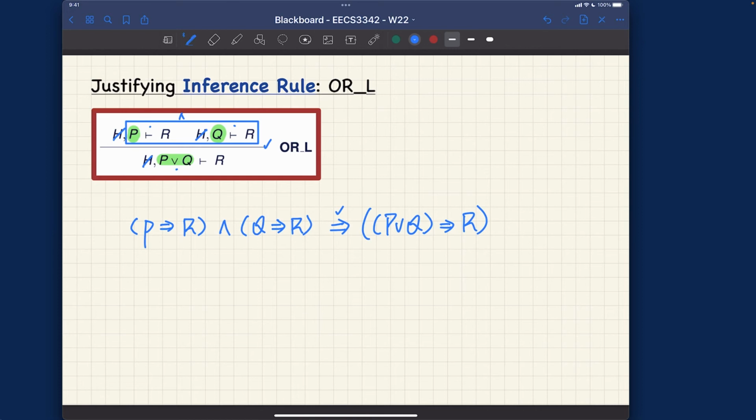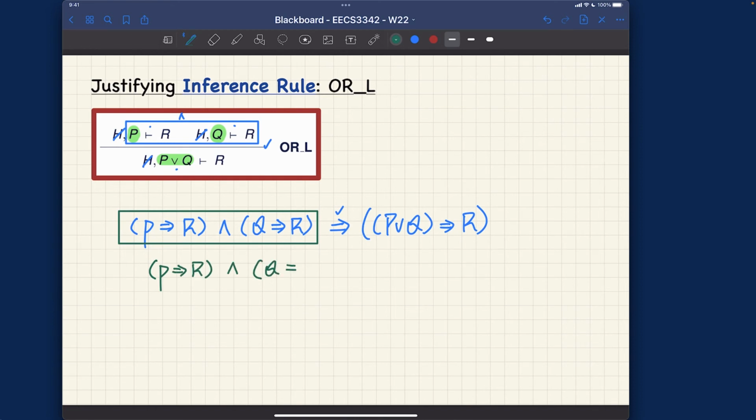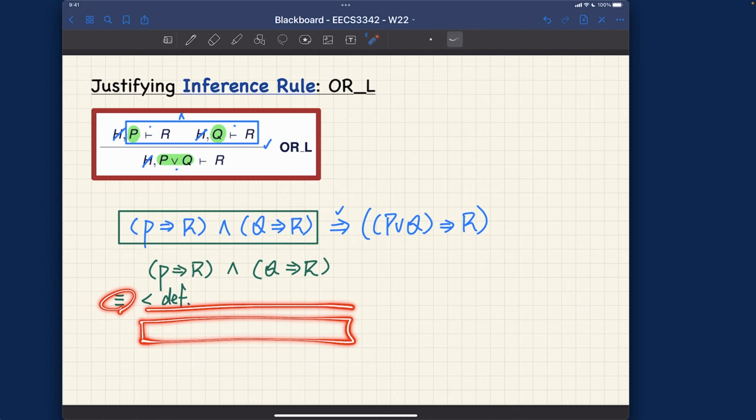So how do we actually prove this, right? We can actually prove this quite easily. Okay, let's now take a look, right? What I can do is I can start with maybe this one here. Let me start with this, okay? So I would say P implies R, and also Q implies R. And remember one of the theorems that we spoke about, the definition for implication, in the math review lecture, right? So this is more like an equivalent style of proof. We say it's equivalent to some other predicates. In the middle, we put some justification steps by quoting maybe some theorem or axiom that we know about.